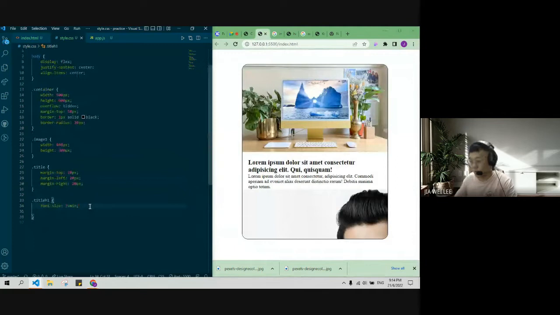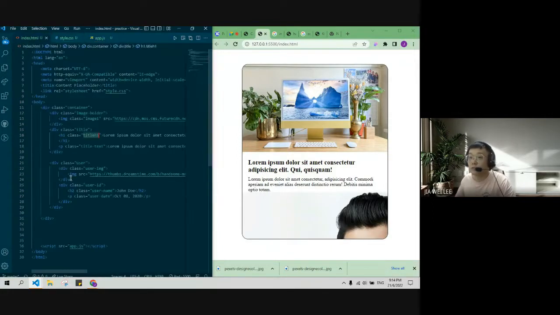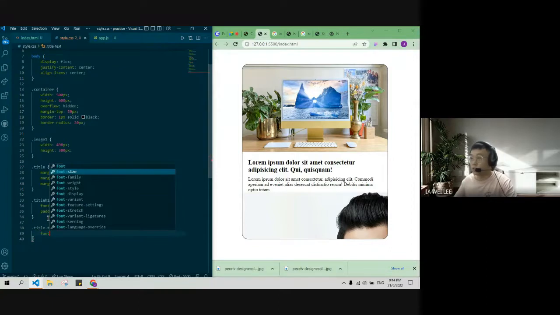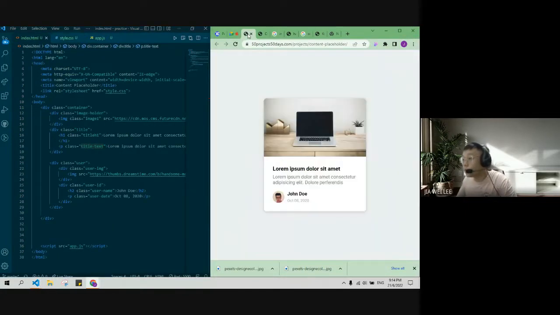Okay, got some padding for bottom. Let me give it 10 px. Okay, looks nice. What else? Next one is the title text. Okay, for title text, make it maybe smaller to medium. Okay, right. So